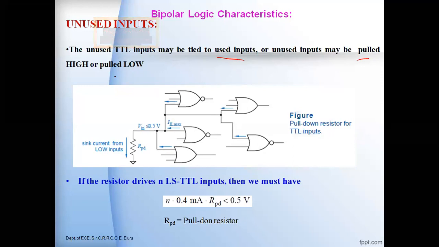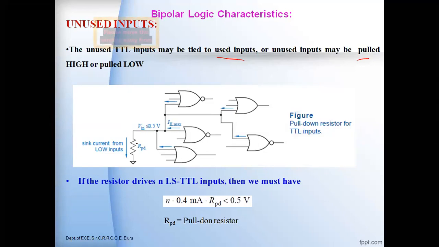So selecting the gate, selecting or taking the resistors for the pull up and pull down is more critical in TTL than the CMOS here. In CMOS we can easily do that one, but in TTL it must be very careful to take the values of pull up resistor and pull down resistor. Why? Because the TTL inputs draw a significant amount of current here,